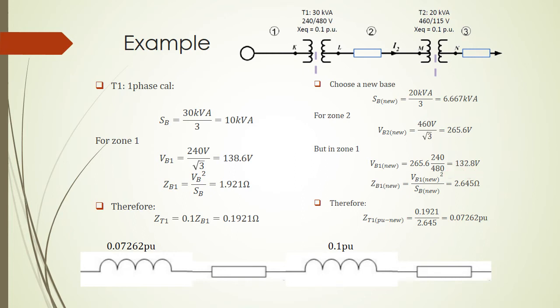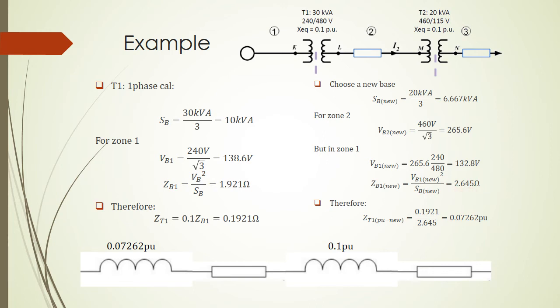That means if we take the base voltage like this, the new base in zone 1 is actually 132.8 volt, and as a result the new base impedance in zone 1 is given by VB1 new squared over SB new, which gives us